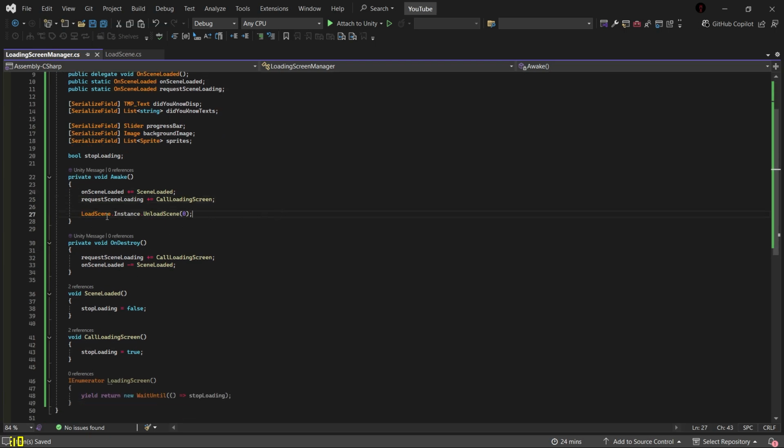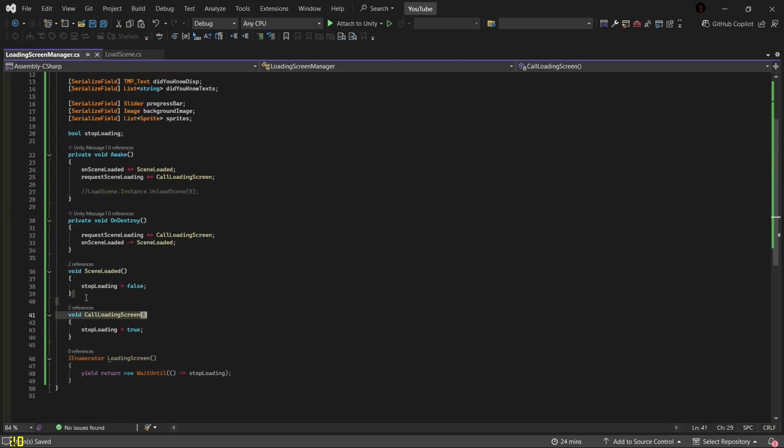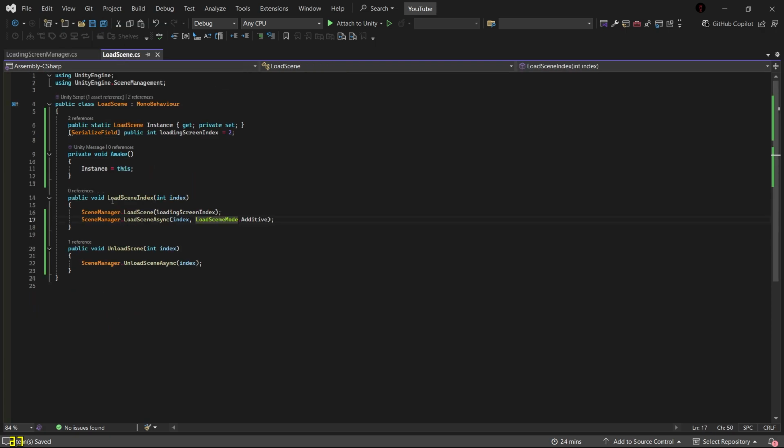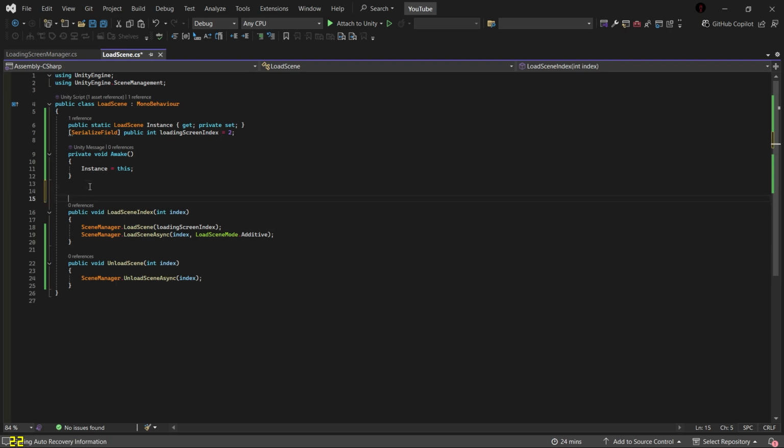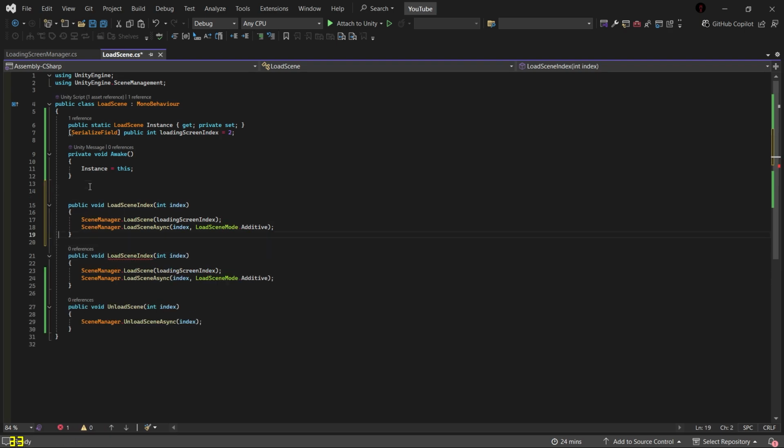And then here we'll have this as unload. We'll remove this, we don't need that for now. And in here in the scene loaded, this is the loading screen. We'll have to do start coroutine here, loading screen. And then what we also want to do is come here and duplicate this. All right, duplicate that